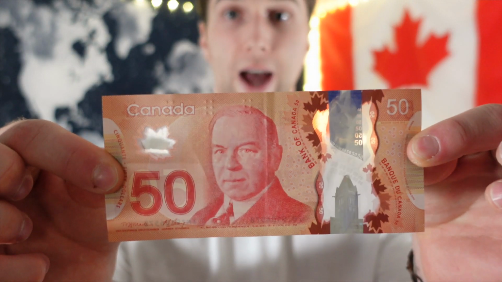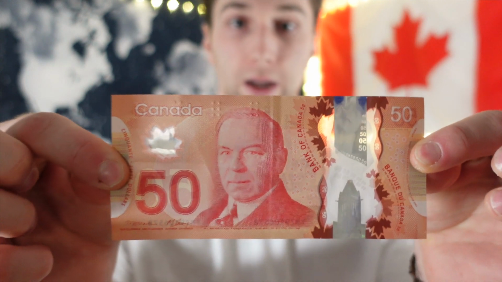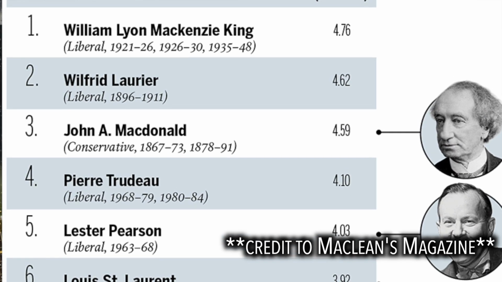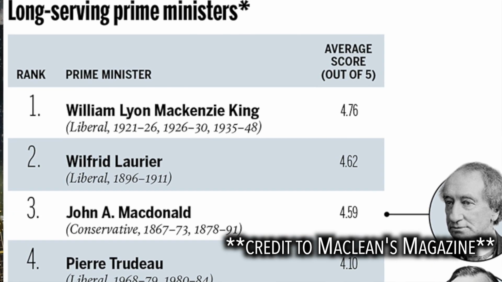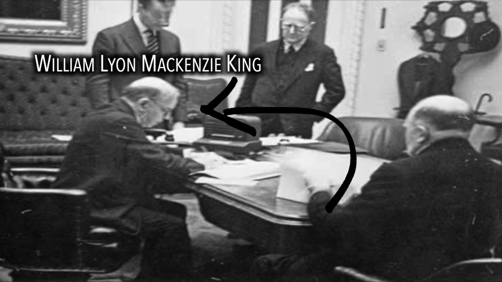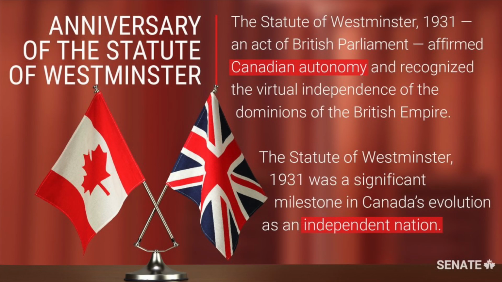Now we're on to the $50 bill. On the one side, we have William Lyon Mackenzie King. William Lyon Mackenzie King, he's the longest serving prime minister ever in our history. He was prime minister first from 1921 to 1930, and that time was really defined by the fact that he negotiated a lot more independence from Great Britain. He played a part in the implementation of the Statute of Westminster, which gave dominions like ours, Canada, a lot more independence when it came to our foreign policy.